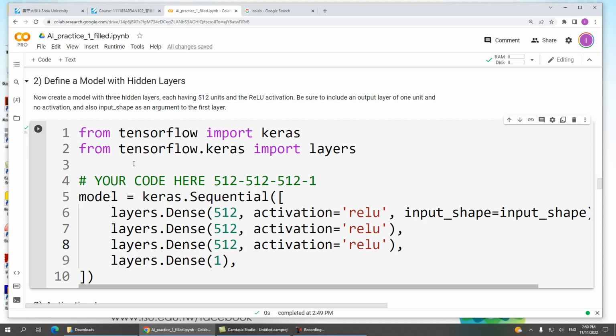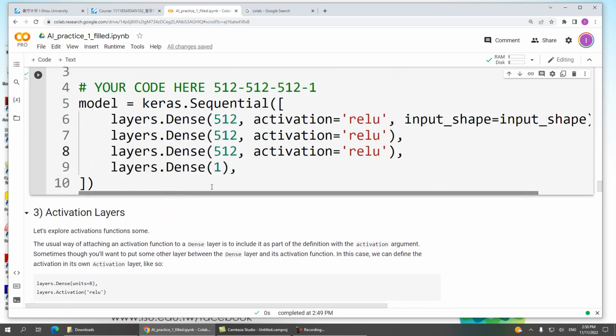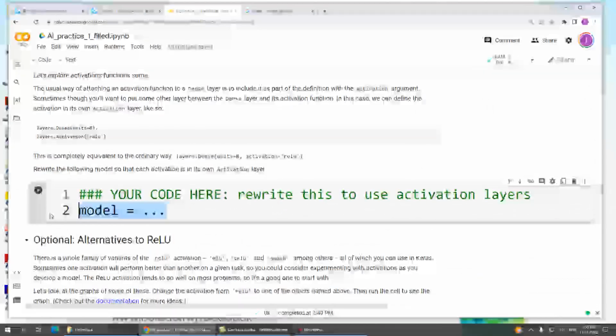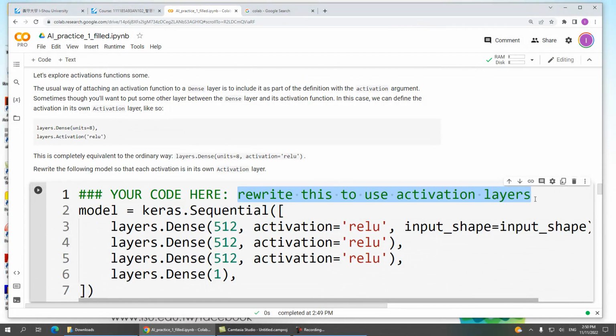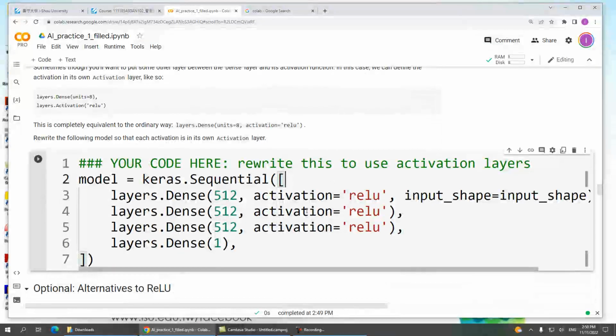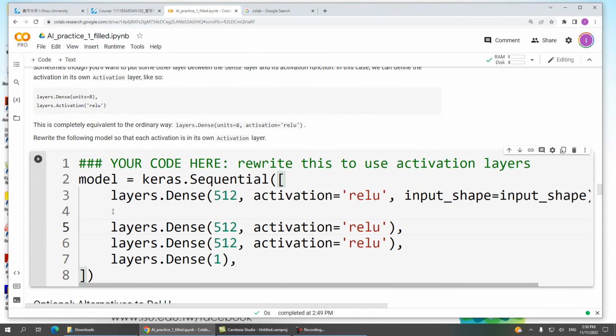So we are just building those networks with a specific architecture, okay? Pay attention to this activation equals ReLU. This activation equals ReLU can be placed outside the dense layer and placed as a separate layer, okay? How can we do that? How can we place the activation ReLU in a separate layer? So first of all, I just copy. Rewrite these to use activation layers. Okay? So rewrite these to use activation layers between each of those